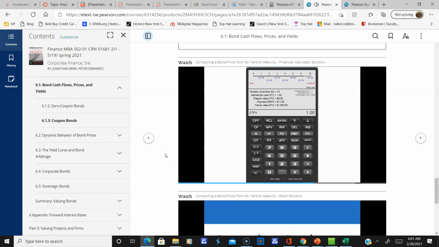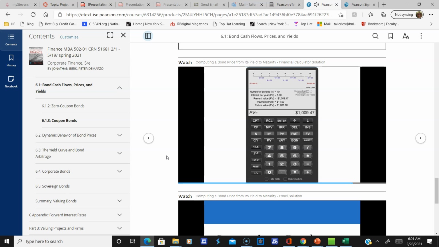So we have all the information, and now we just need to solve for the present value. Remember, the price of a bond is the present value of its cash flows. So let's compute present value, and we get $1,009.47. Remember, the way the financial calculator works is the present value is always the opposite sign of the cash flows. So it's representing this as a negative, but we know prices can't be negative, so you just think of it as